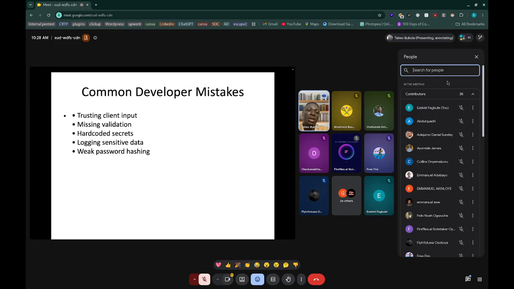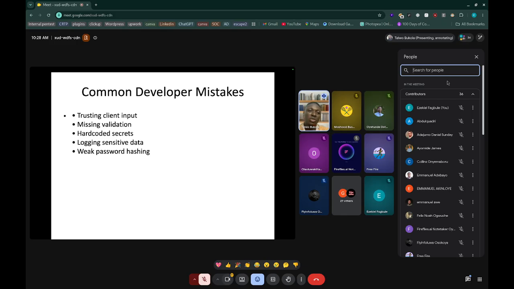You are requesting for an integer or a numeric value for a price, but you're allowing the person to pass in a string or an alphabet. That is totally wrong. With that, you are not doing enough validation on your end.